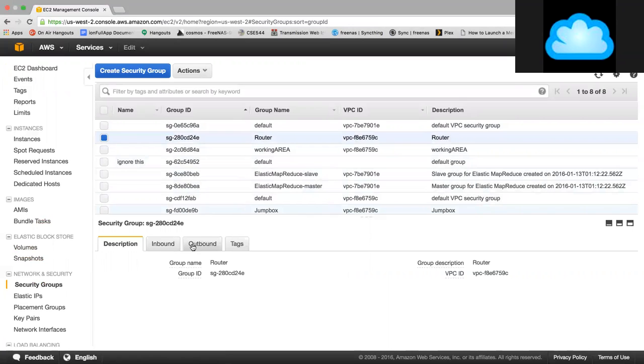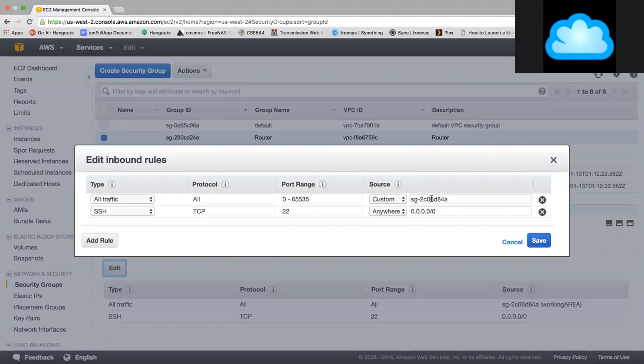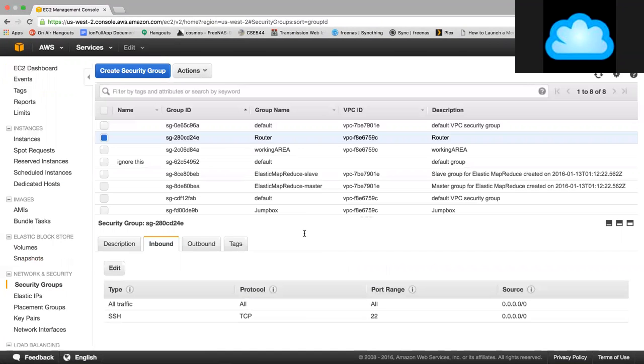The focused areas are the router security group. We want to allow outbound access, which is already wide open. We want to make sure that our working area security group is also wide open, so it should allow access to anywhere. I'm making this modification right now. I'm allowing router access for all traffic from any location to see if this makes a change, or otherwise our